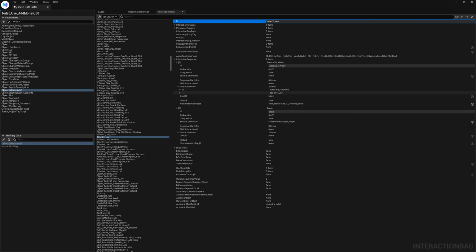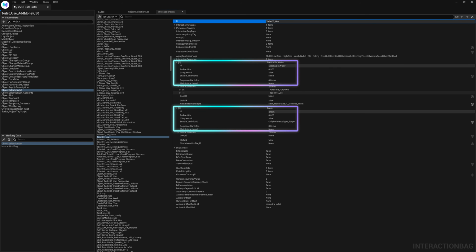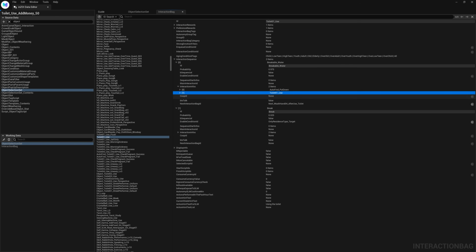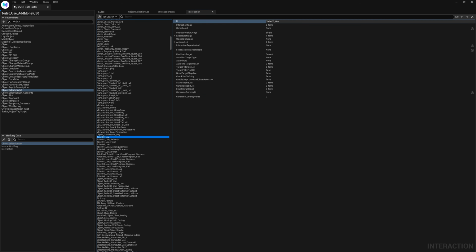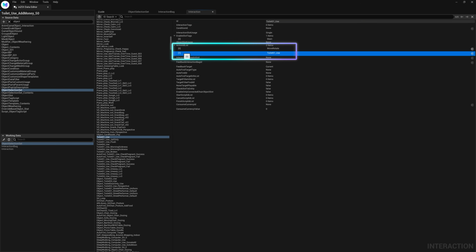Now, let's move on to the interaction sequence section and configure what action the character performs. In Toilet 01_use's interaction sequence, there's a 0.975 chance for success and 0.025 chance for the toilet to break. We'll modify the successful interaction to add a money-giving script. Go to the interaction table that contains Toilet 01_use. In the Action ID list, we can see that the character first uses Move Rotate to move into position and then executes the Toilet 01_use action. To apply effects, we need to edit the script section.